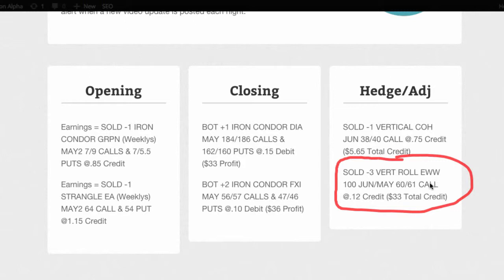So we originally entered the contracts back in March. We originally entered the 60-61 credit call spread in March of this year, rolled it to April. In March we entered the April position, and then we rolled it to May, and then now we're rolling the same position, same strikes, everything from May to June. Now in the process, we've taken in a credit every single time that we've made this roll, and so our total